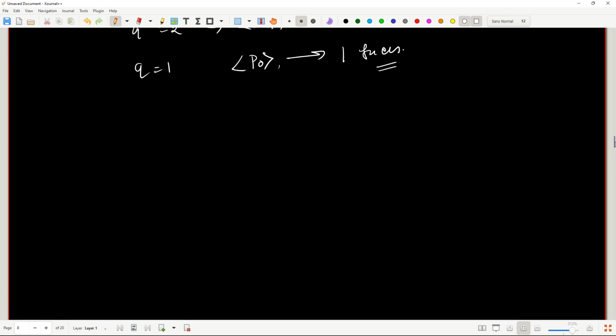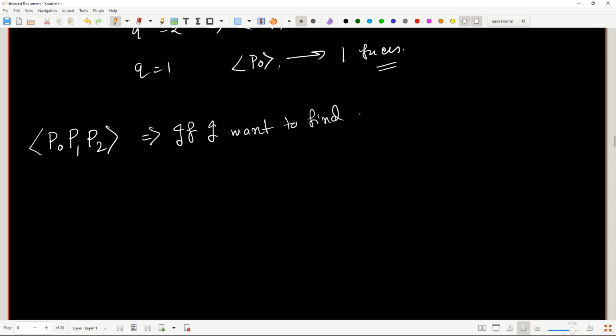From there, it's just actually a combinatorics problem to find out the faces. So let's say we have something like this, P0, P1, P2. I'm taking the smaller example. If I want to find all the faces,